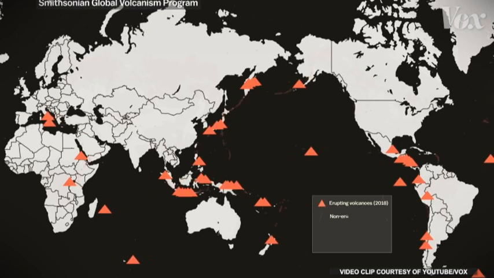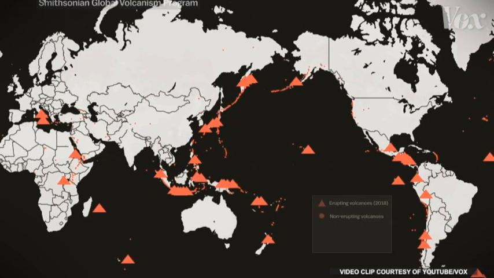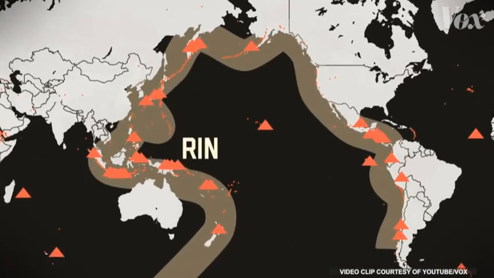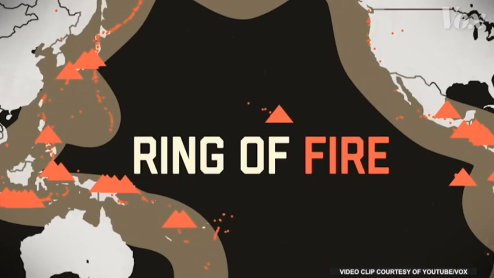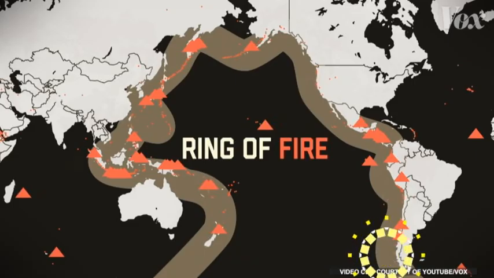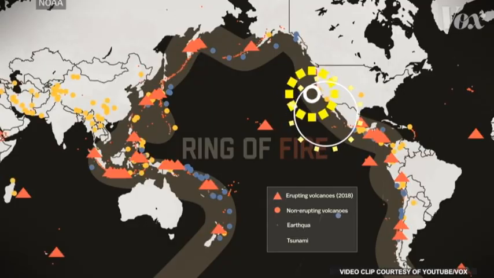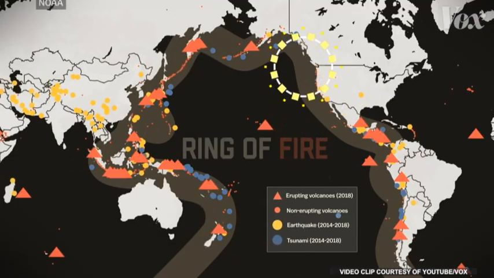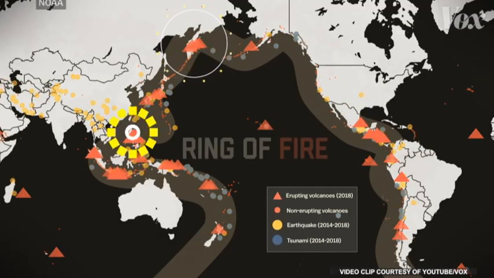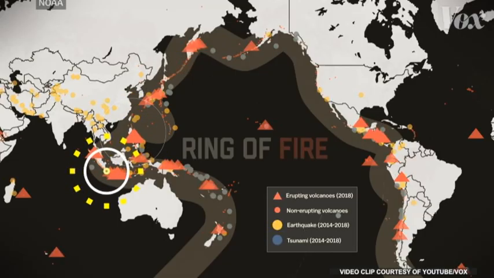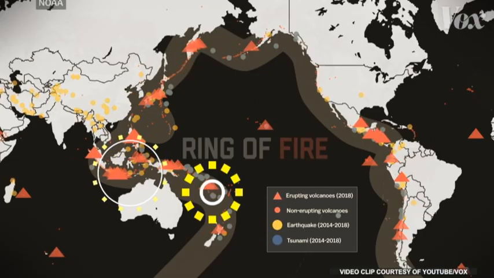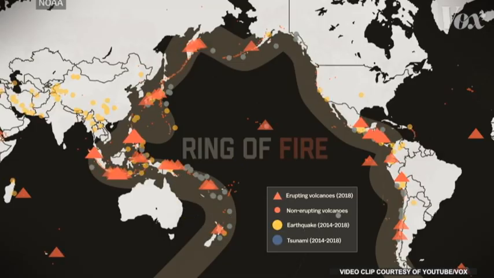Do you know the Ring of Fire? It's a zone of frequent earthquakes and volcanic eruptions around the Pacific Ocean. Our country is in this zone. It stretches from the tip of South America, goes up the west side of South, Central, and North America, down to Japan, the Marianas Islands, Indonesia, Papua New Guinea, and Tonga, eventually ending on New Zealand.